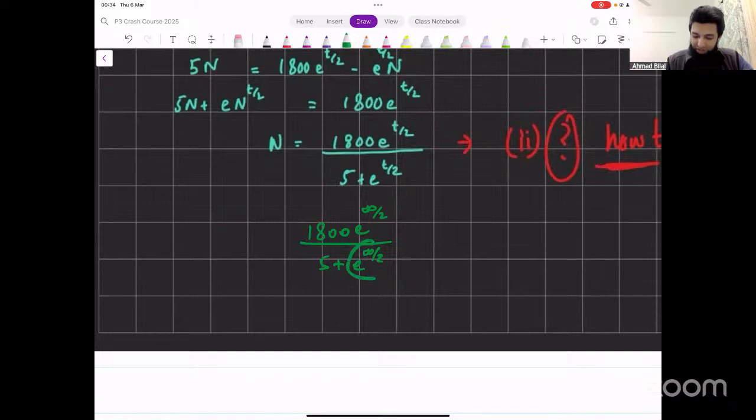If you have an extremely large number and you add 5 to that, does that make any difference? अगर नो, उसमें 5 ऐड कर दो, कोई फर्क पड़ेगा उसमें? नोप।